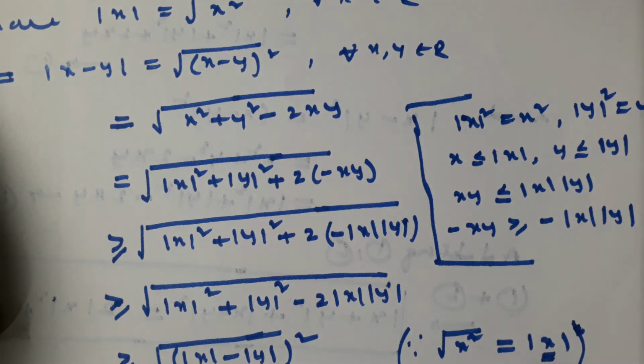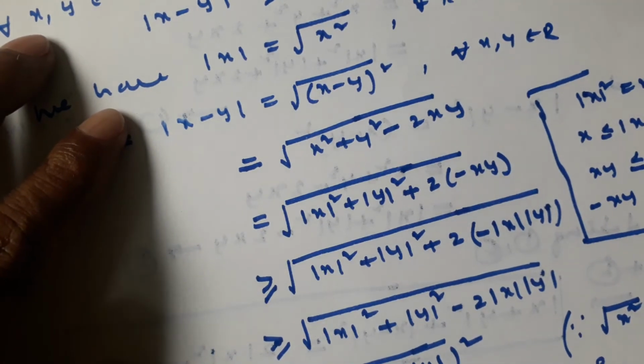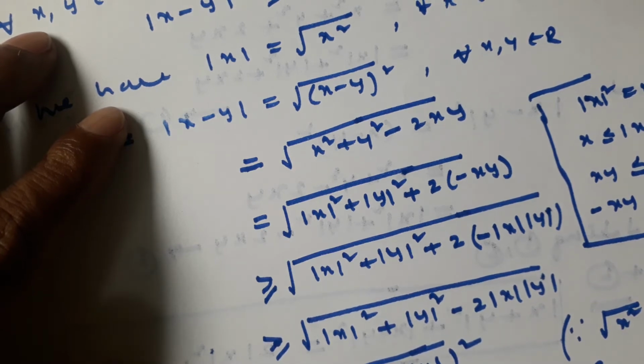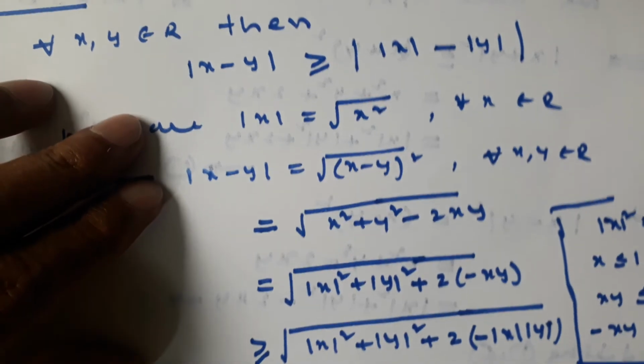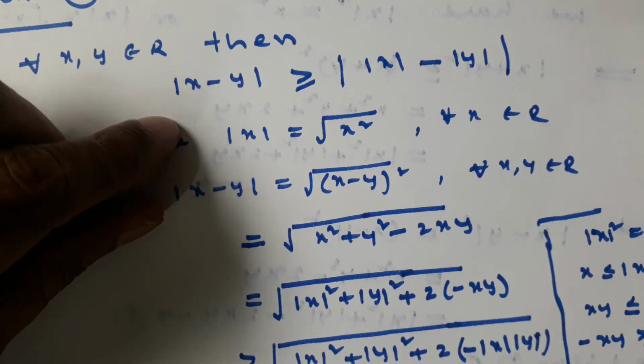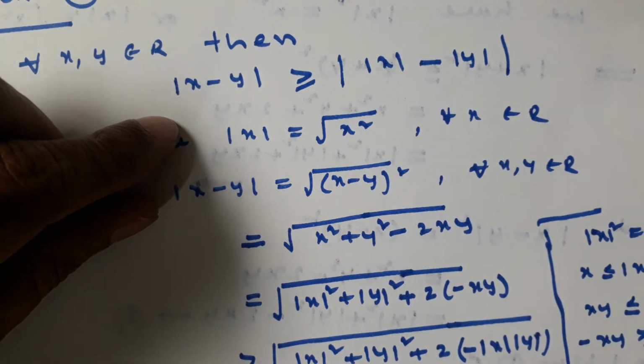So this value is now mod of mod x minus mod y. So outside modulus is there. So that is greater than or equal to, as usual. This result is to be true again. Keep it in mind that mod of x minus y has two results. One is mod x minus y is less than or equal to mod x plus mod y, whereas now mod x minus y is greater than or equal to mod of mod x minus mod y.